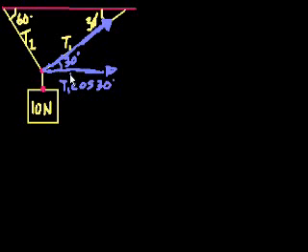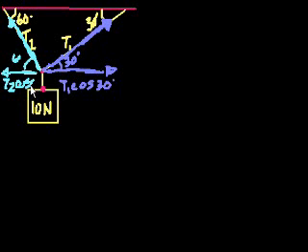And you could do your SOHCAHTOA, cosine is adjacent over hypotenuse, right? So the cosine of 30 degrees is equal to the x component over T1. And if you multiply both sides by T1, you get this. But this should be a little bit of second nature right now, that the x component is going to be the cosine of the angle between the hypotenuse and the x component times the hypotenuse. And similarly, let me draw this force vector. If this is T2, this would be its x component. And very similarly, this is 60 degrees. So this would be T2